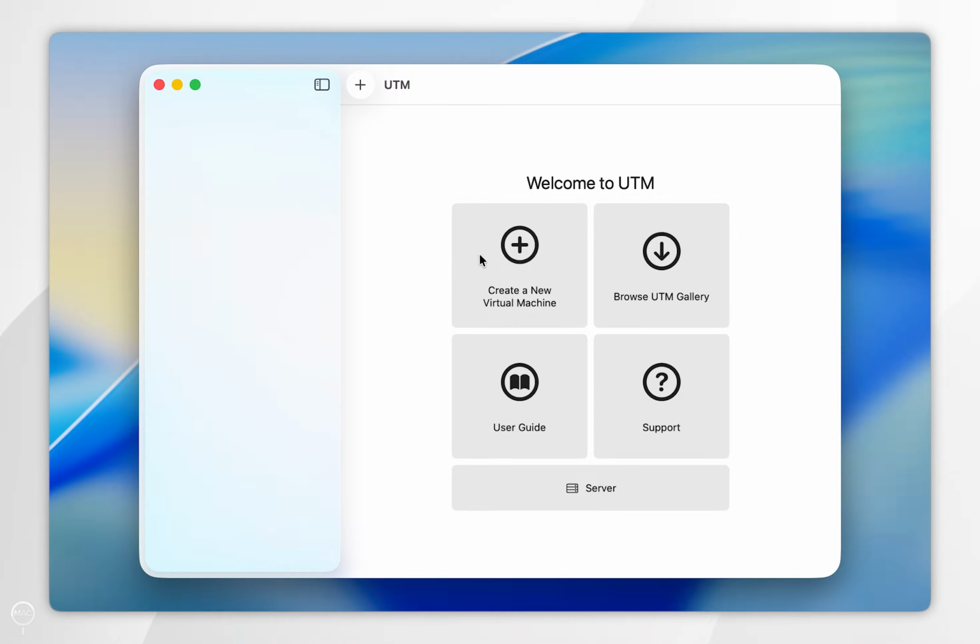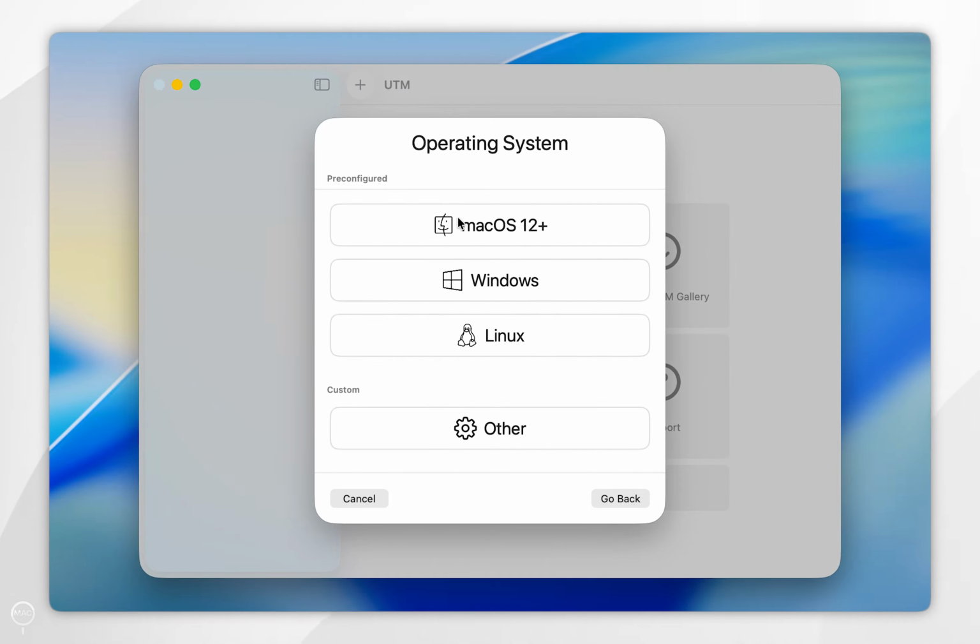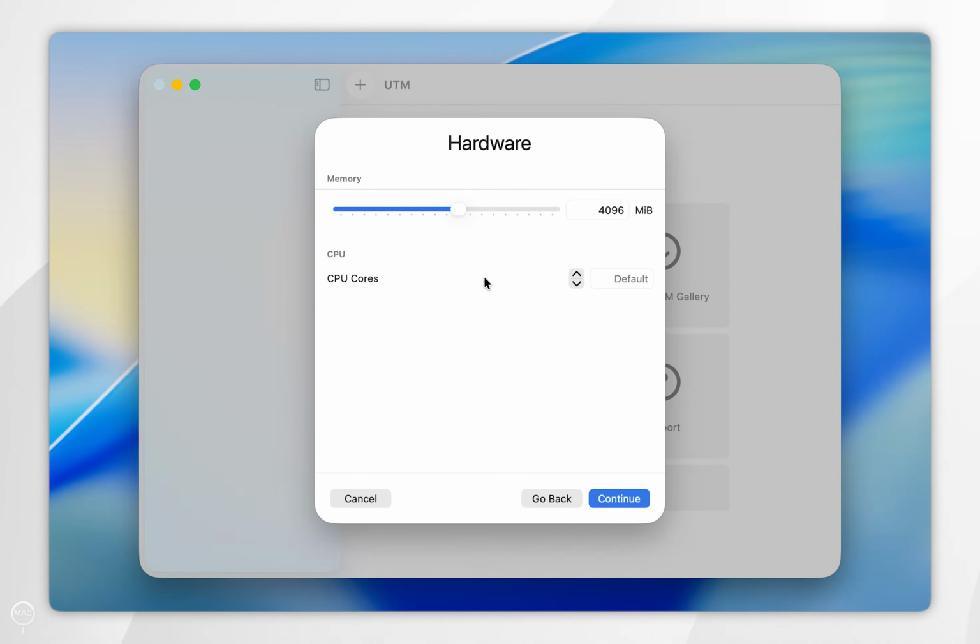So to do this, we're going to select create a new virtual machine, and then you want to select virtualize, and then you want to select which operating system you want to use. So for the example of this video, we are going to select Windows, and now you want to go ahead and choose how much resources you want to dedicate to the virtual machine. So you can either leave it on the default settings like this,